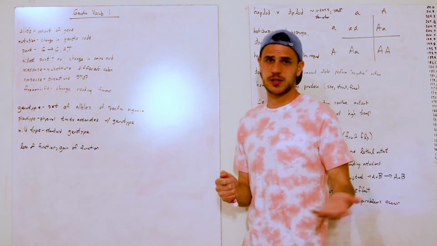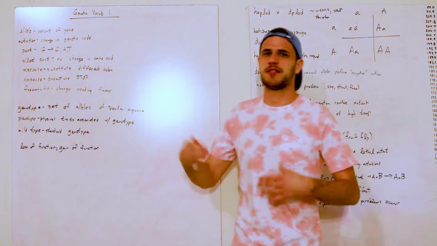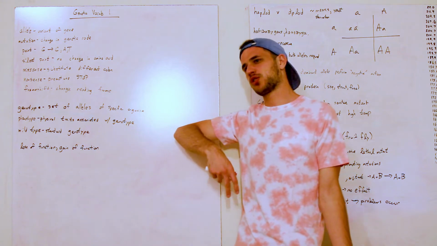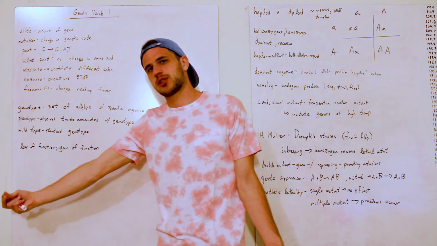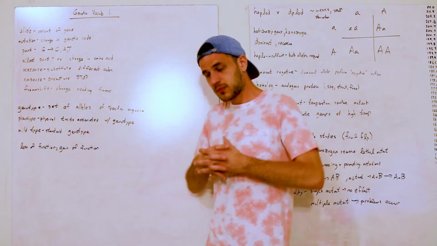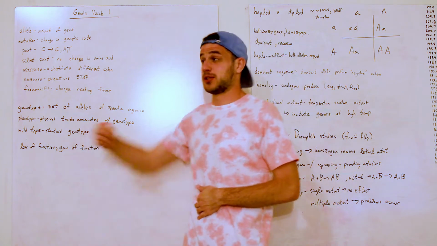So, first of all, we can't really talk about genetics without talking about what an allele is, and that's just a variant of a gene. So, what is a gene? If you recall, a gene is essentially just a single unit that is transcribed on the DNA. And there's a lot of different anatomy to this gene, but we're going to get that later on in the next unit.